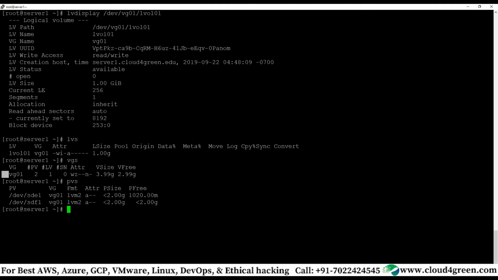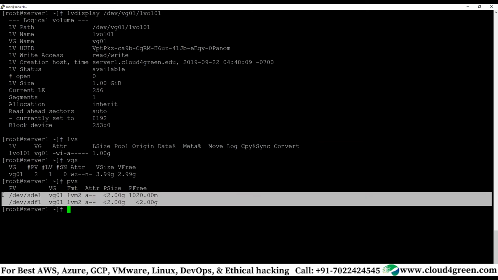Okay, volume group name, how many physical volumes there are, how many logical volumes there are, correct? vgs, size, free. Why free? Because 1 GB is used for the LV. Got it? Clear now?